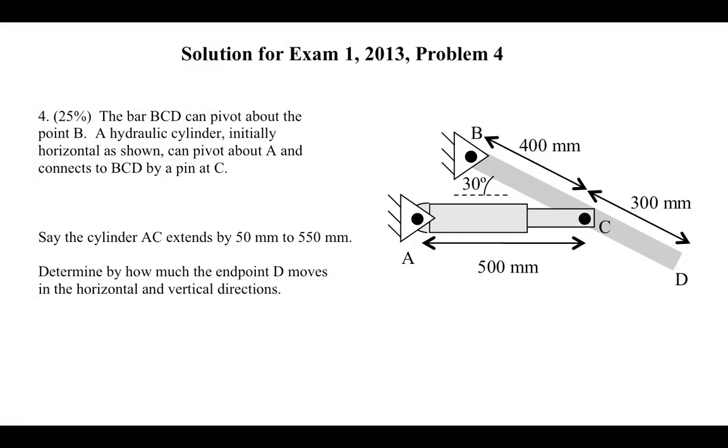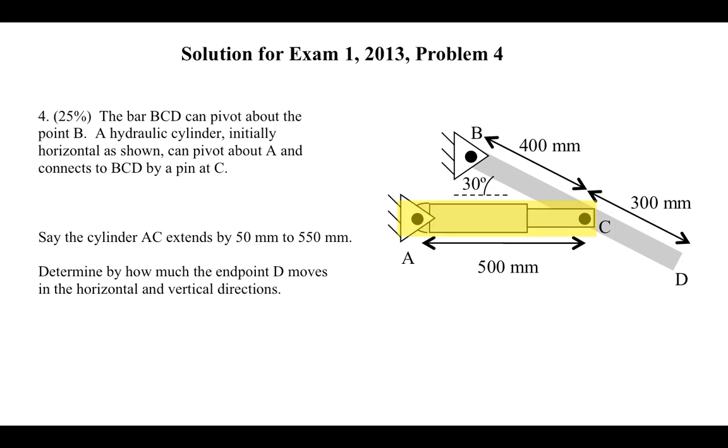This problem is shown here as it appeared in an exam. You can pause to read it first. In this problem, there are several parts. There's a rigid part BCD that can pivot about point B, and there's a part AC, which represents a hydraulic